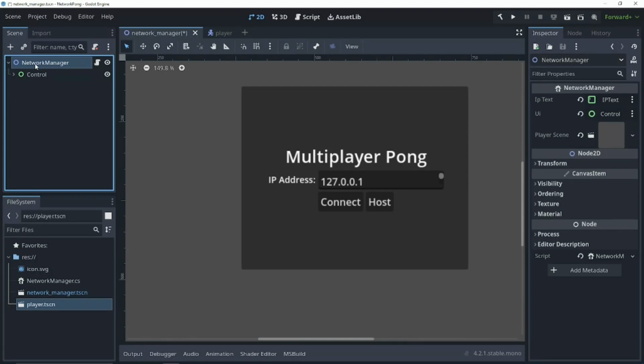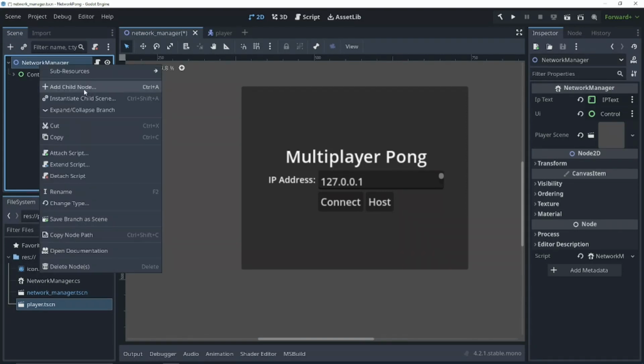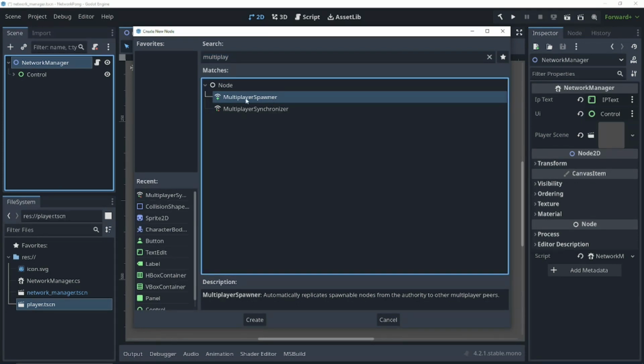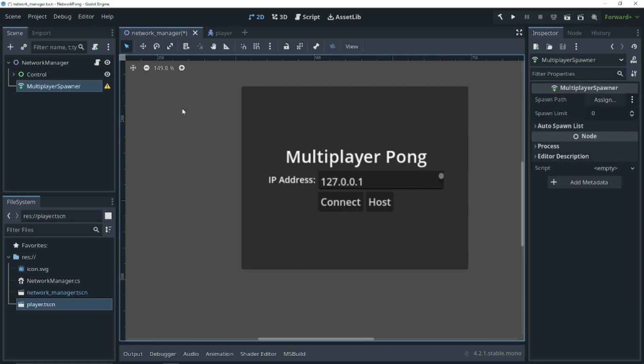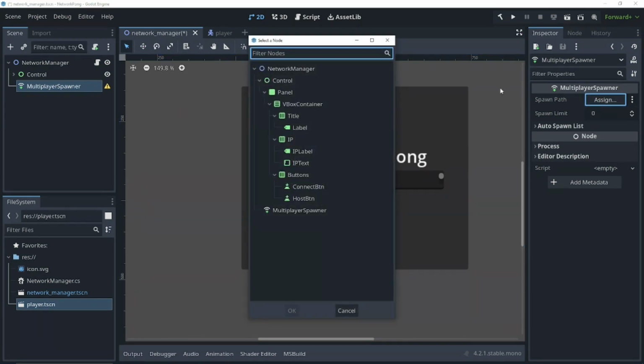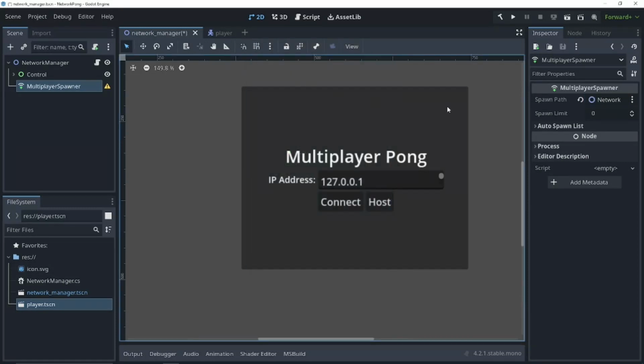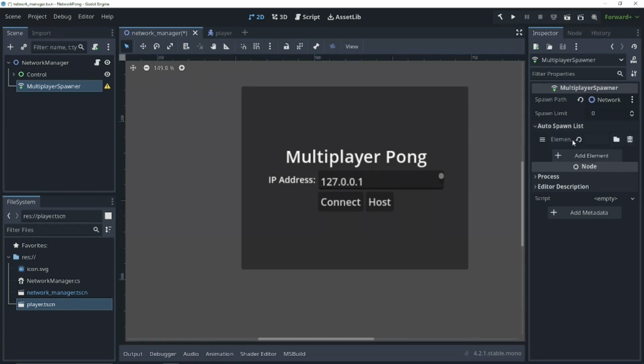We need to add one more thing to our network manager to actually allow us to spawn our player. So I'm going to add a child node, and right here, we can add a child node of a multiplayer spawner. So we need to select our spawn path, which is going to be the root node of our scene, so the network manager. And now we're going to create an auto spawn list. So I'm going to add an element here, and I'm just going to drag in our player that we created. And I'm going to save this. So now if we run our game again,